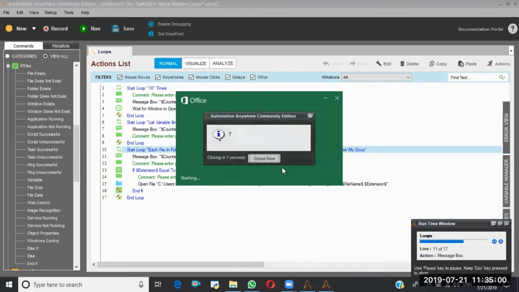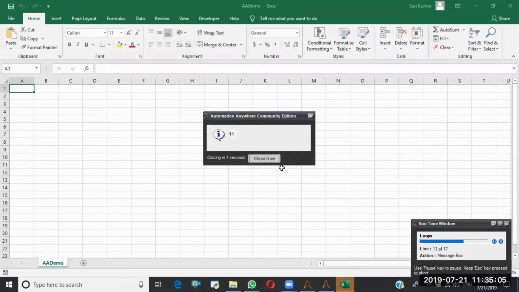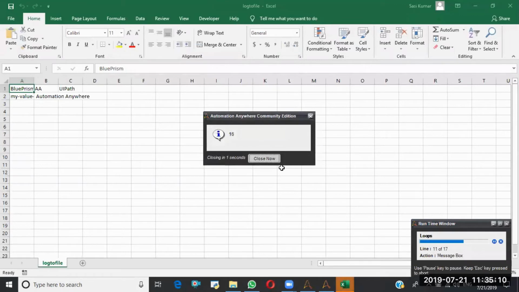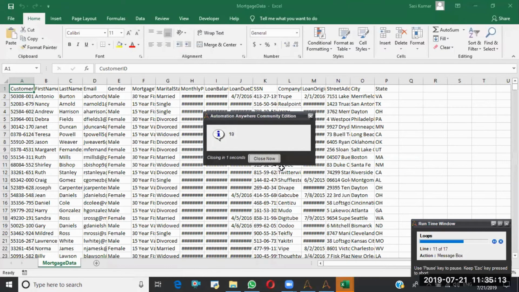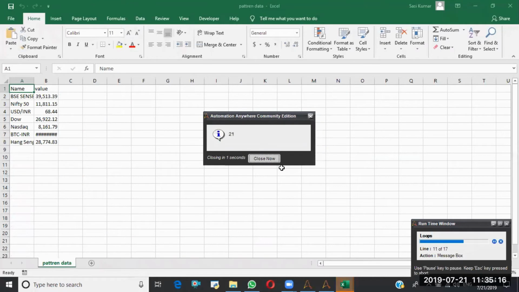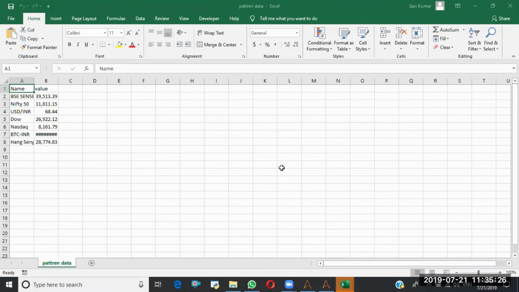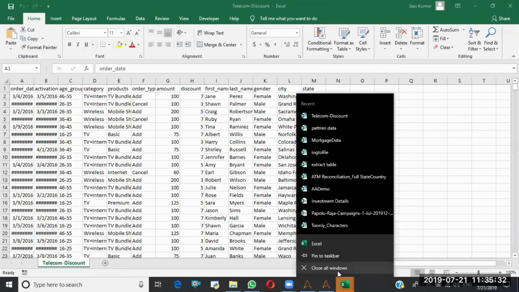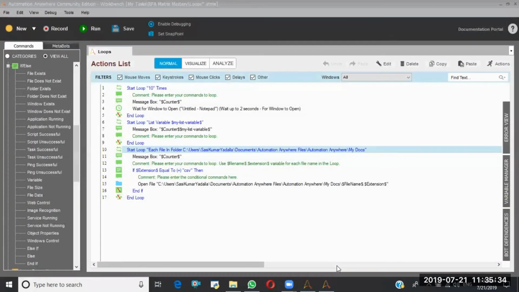See, at the fifth iteration it matched, so it is opening the CSV file. See, it is opening each and every CSV file. Like this, it will work. I'm going to close all the things. So that is about each file in a folder.